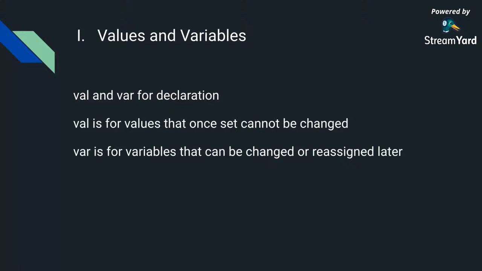So first thing is values and variables. For anything to be declared in your code, you have to use these. So what is a val and what is a var? These are the keywords you use for declarations. A val is a value that once you set it, you cannot change it ever. Once set, it'll always be that until the program closes and it's out of memory. Till that point, that value will hold. If you try to change it, it will show an error. A var is a variable, on the other hand, and it can be reassigned. You can assign another value.